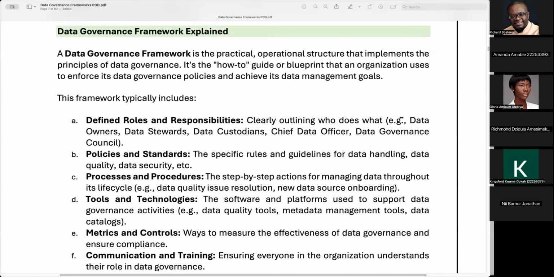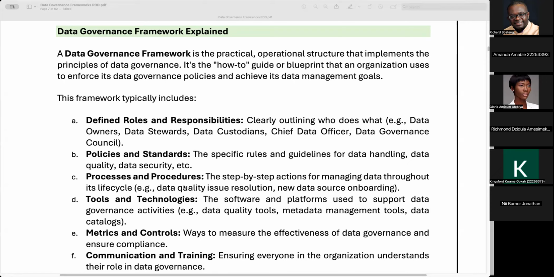Processes and procedures come next. That sounds like the day-to-day stuff. Exactly. The step-by-step workflows for daily tasks. Like, how does someone actually request access to sensitive data? What's the documented procedure? Or what happens when a data quality issue gets flagged? Who does what? And all of this usually needs support